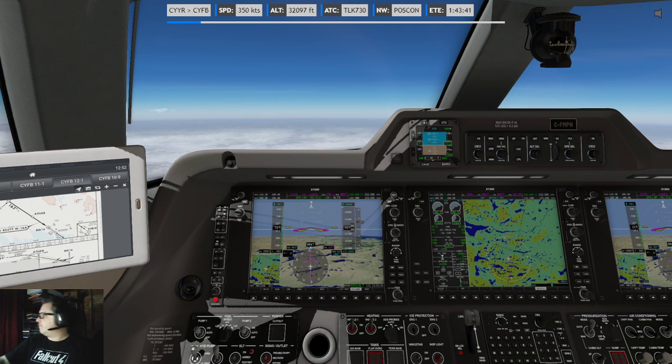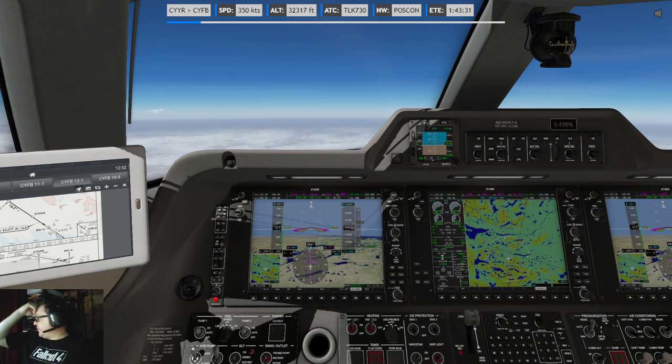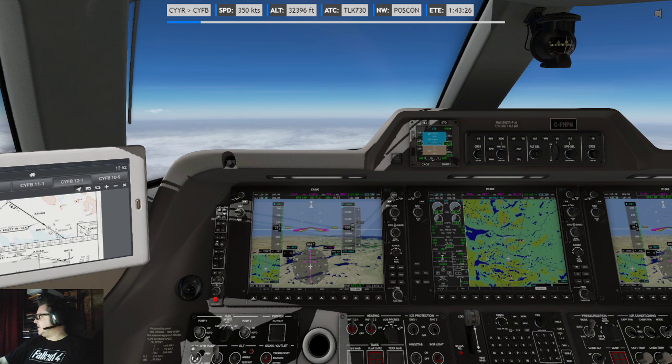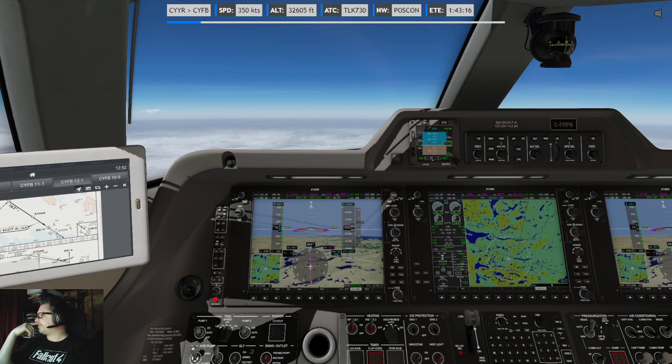Let's go. It's 1113 nautical miles, a 2-hour 41 flight. That is a flight. I've done it before. I've done it in the Embraer 170. But that is one long ass flight.